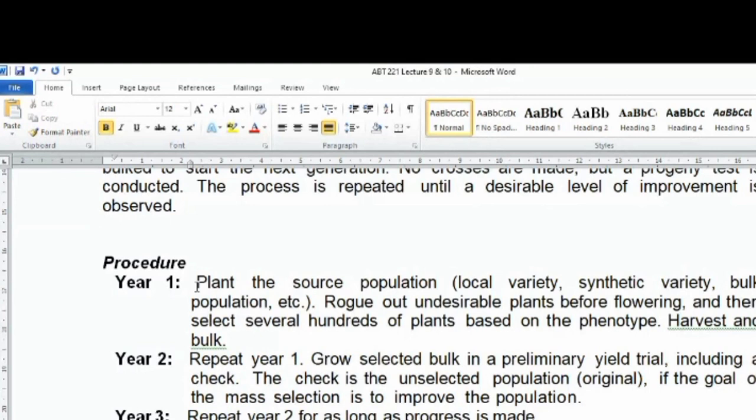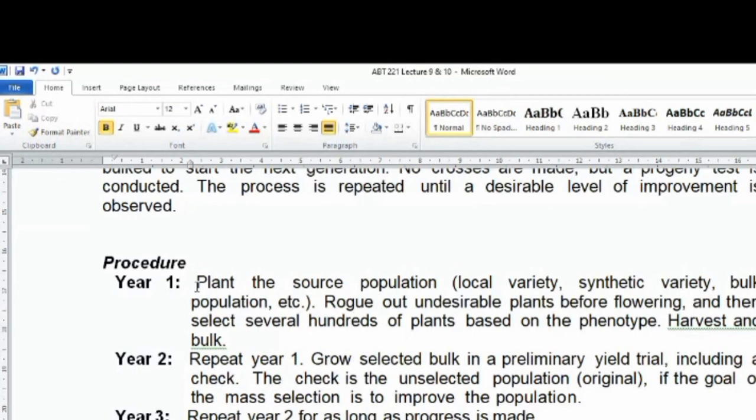It can be a local variety that has been used for a long time and you want to improve it. It can even be a population that has been generated from bulk. So you bulk them and then begin from there. The procedure in year one is that they are planted, then you rogue out what you do not want